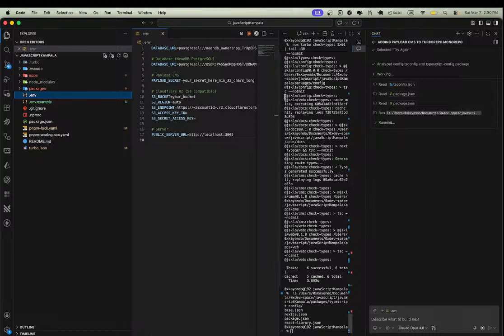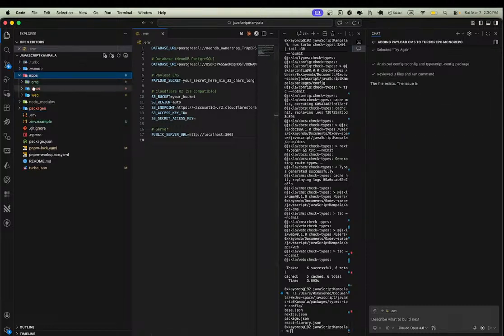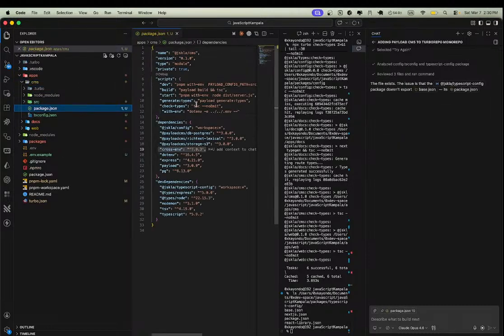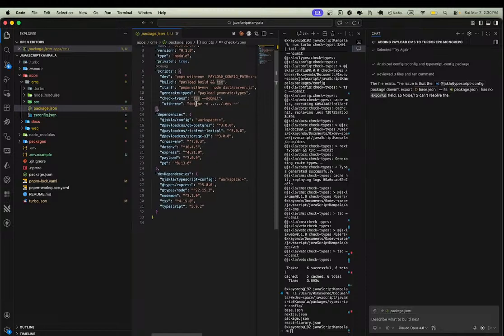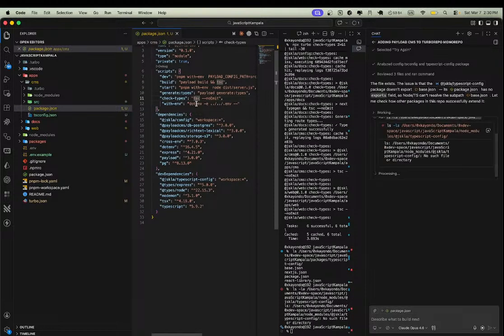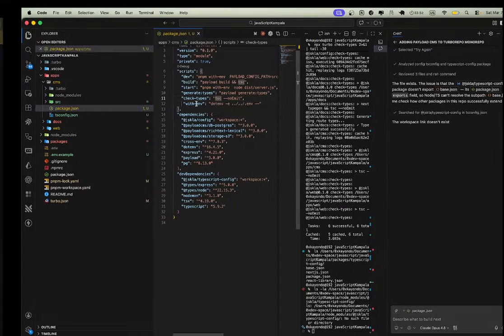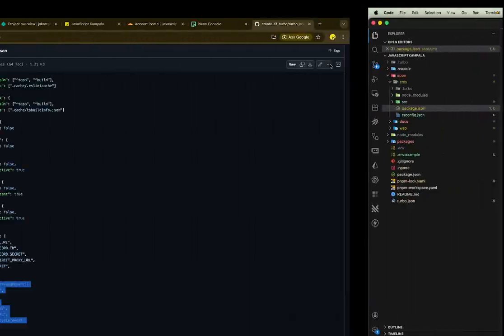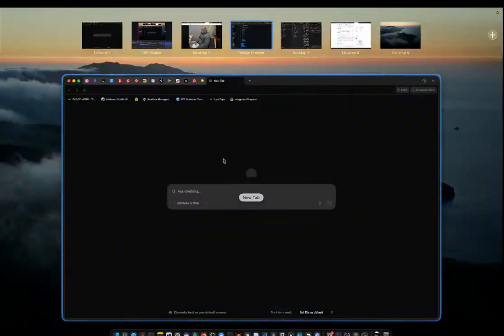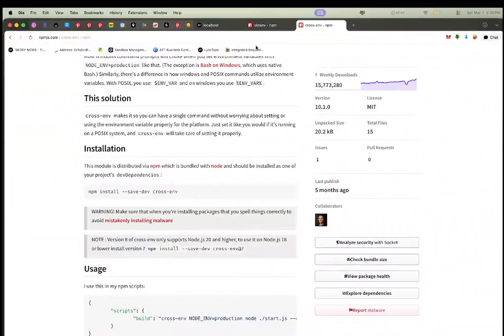Okay, just a second. Remember, we need to do migrations. Yeah, it will automatically do the migrations. Interesting. So I think that we need to kind of set up the side of the